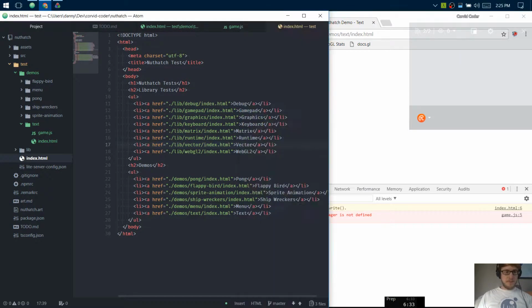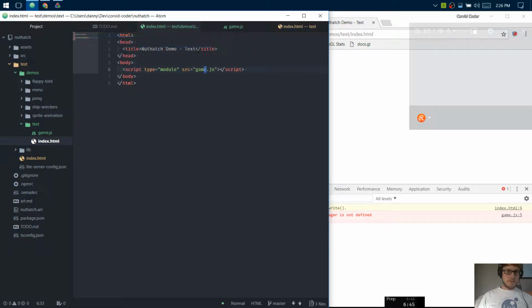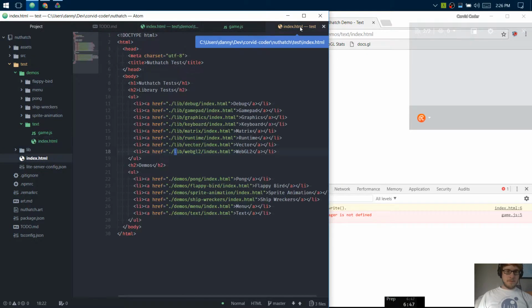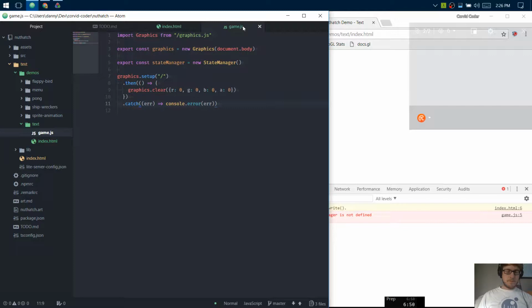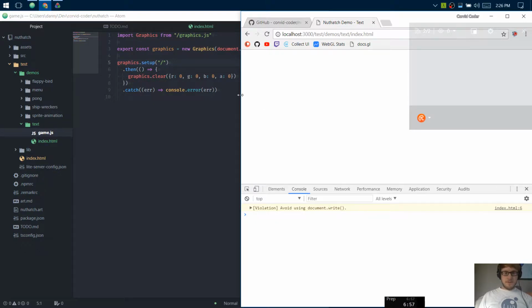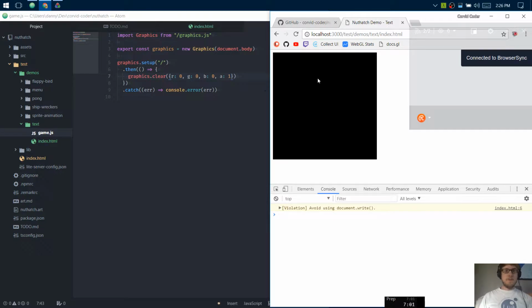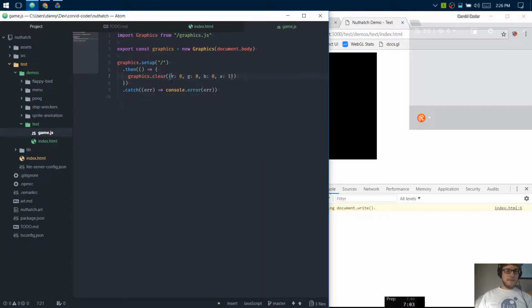Okay. So state manager is not defined. I thought I deleted it. Oh no, I mean it's clearly sitting right here. Okay, so there we go. We have a full black. So technically I want to do something like,